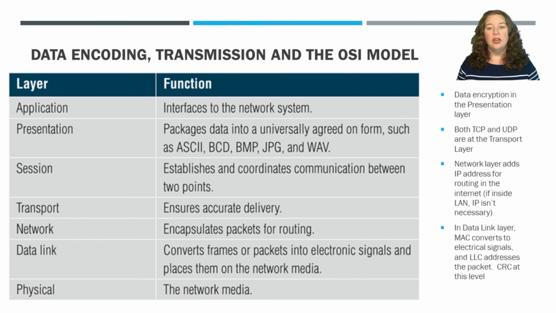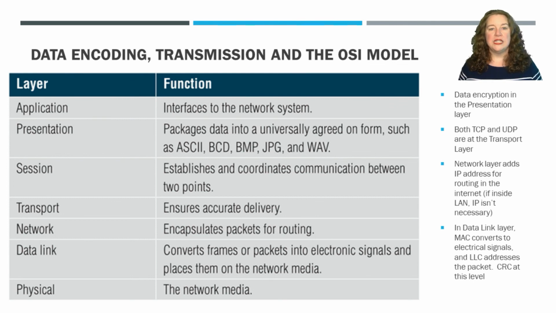And then finally, we're in a binary situation. We can put it on the media and send it across. This is where the visual of that. Now, when it gets to where it's going, this reverses. It goes the other direction. So the network media hands it up to the data link layer that recognizes the frames and is able to put them back into packets, hands the packets up to the network, which starts to break up the packets into segments, which hands it up to the transport, which then takes those segments, puts it into raw data, hands it up to the session if we need to keep track of that session, otherwise hands it up to presentation, which